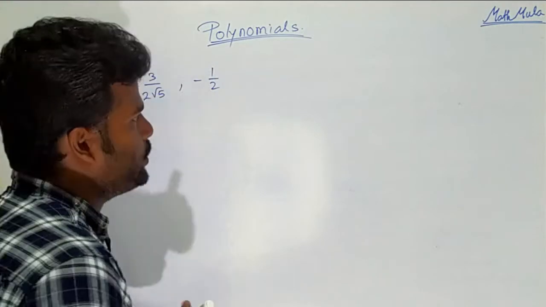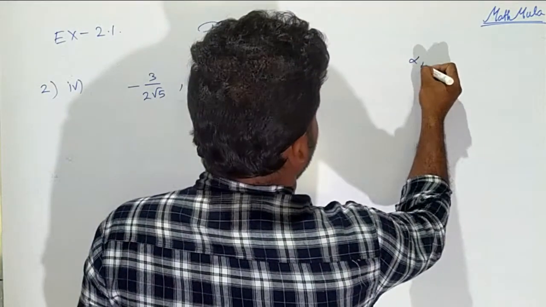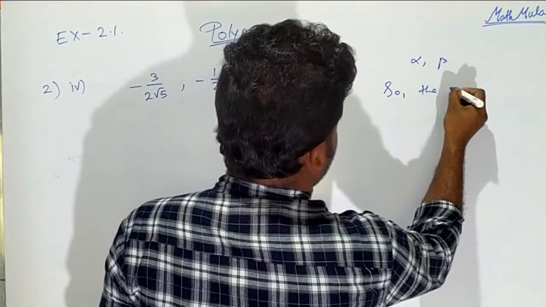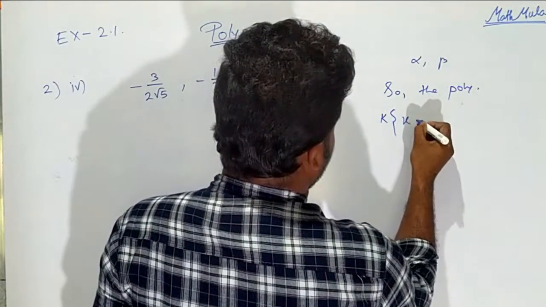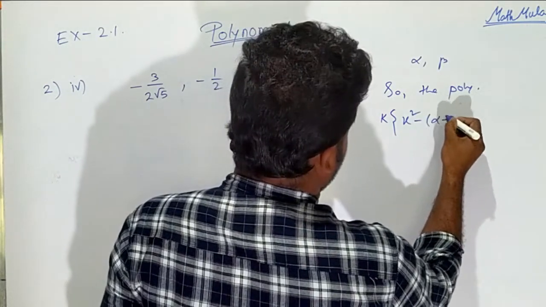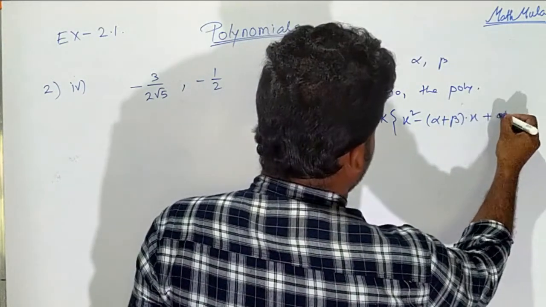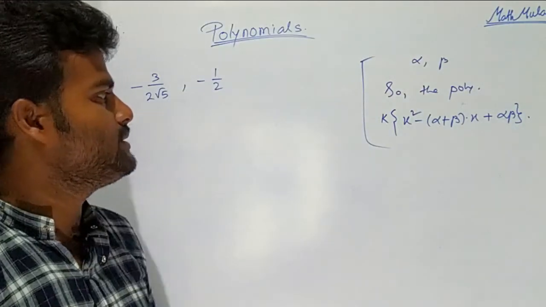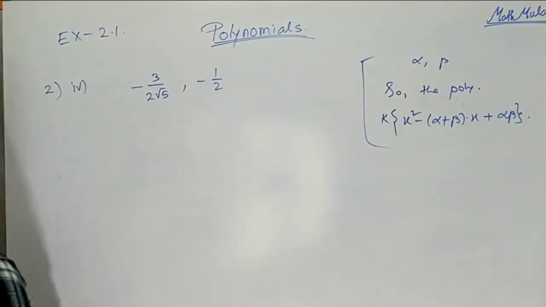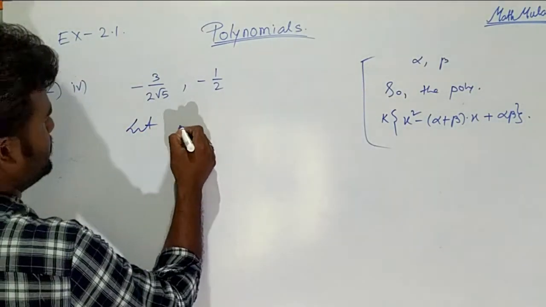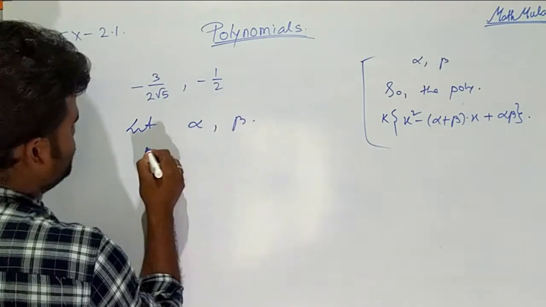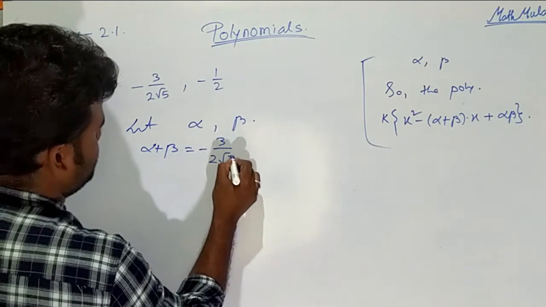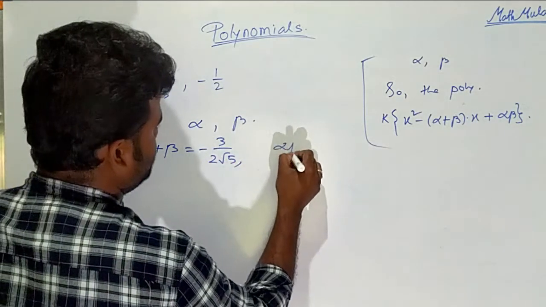For this sum we have to know, if alpha and beta are two zeros of any polynomial, then the polynomial is k of x square minus alpha plus beta into x plus alpha into beta. That's it. Now we use this property to solve this sum. Now let the two zeros be alpha and beta. Then alpha plus beta is equal to minus 3 by 2 root 5, given, and alpha beta is equal to